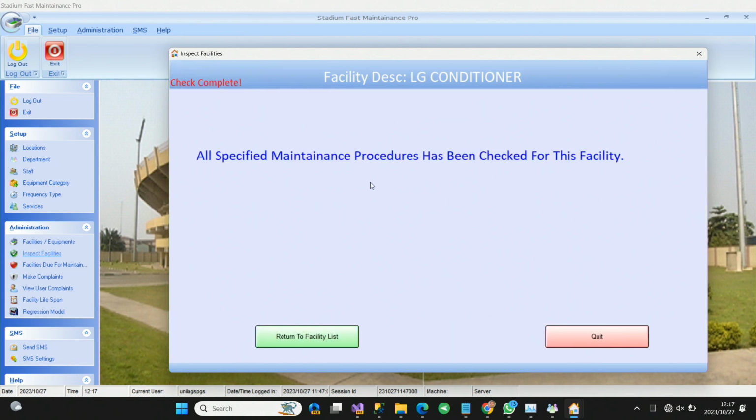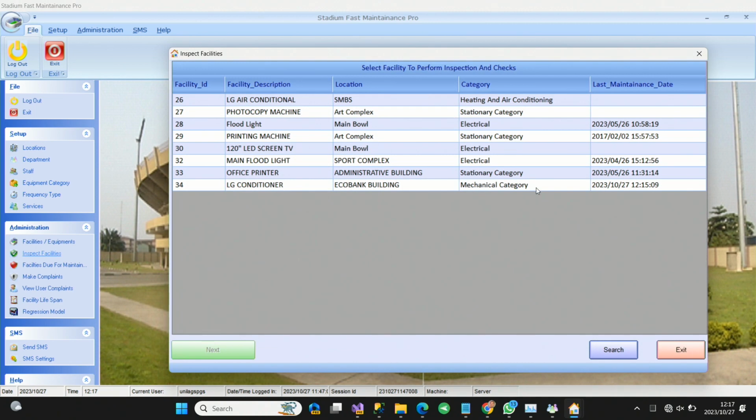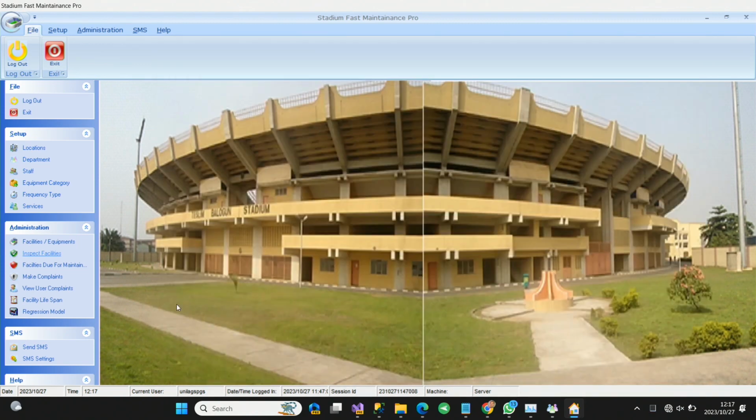And it says all specified maintenance procedures have been checked for this facility, and then you can return to the facility list. And the last maintenance date will be shown beside the equipment at this point, and you can begin another maintenance operation. Now, if we go to the next item here, which says facilities due for maintenance,